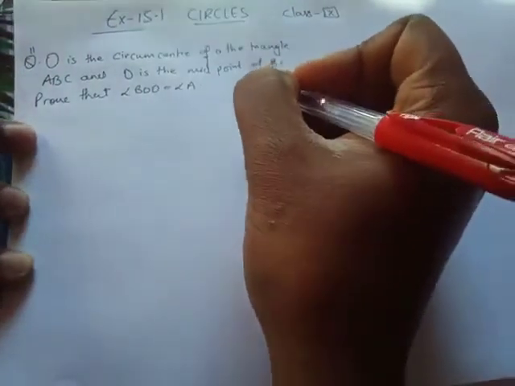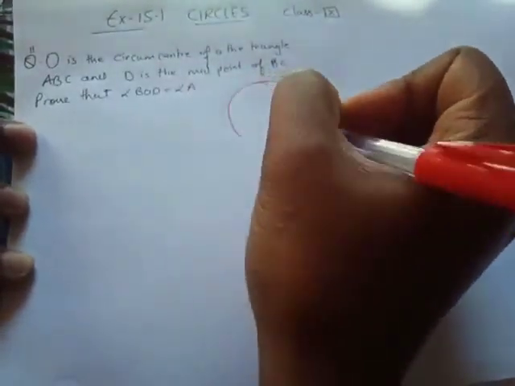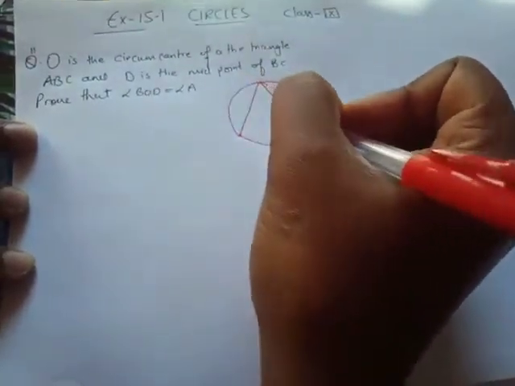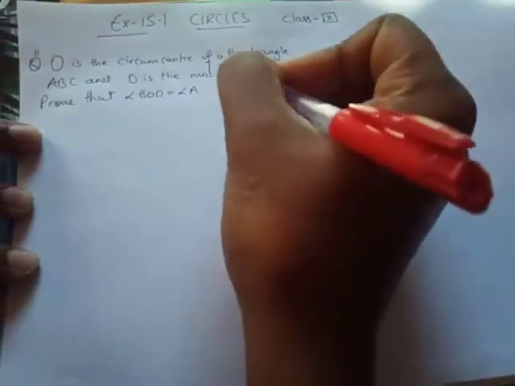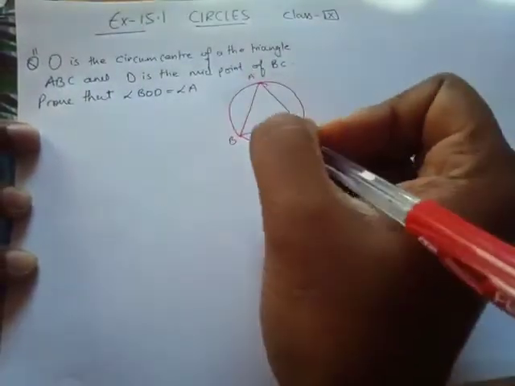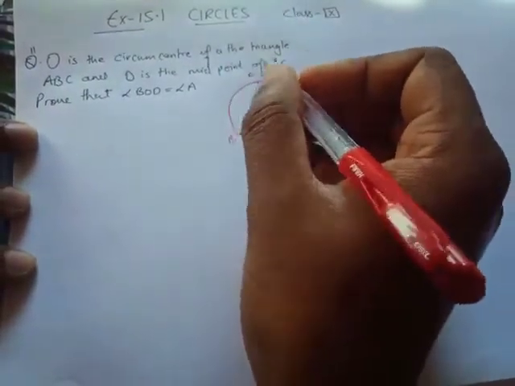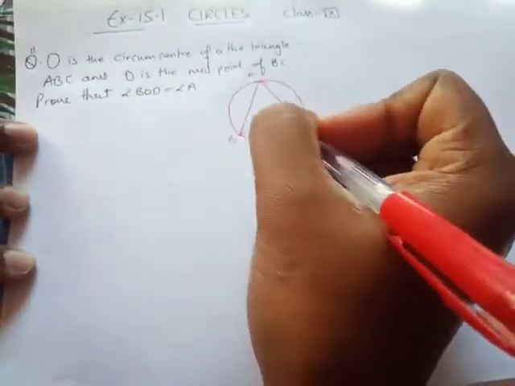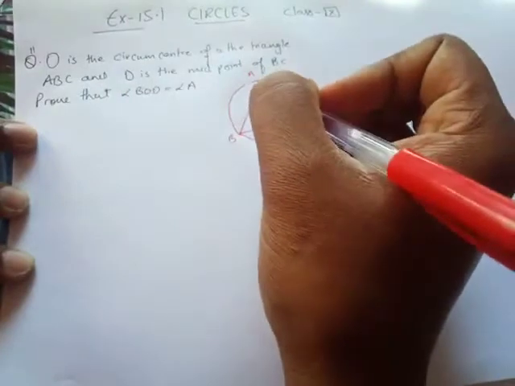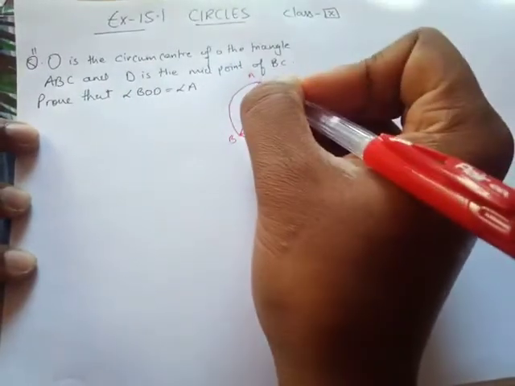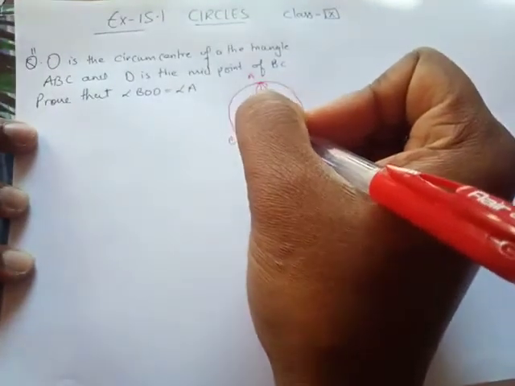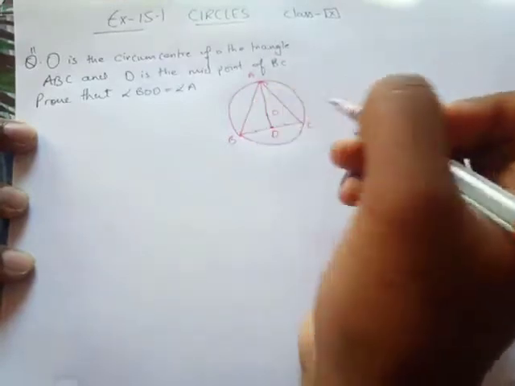How to draw a figure? There's a circle. Inside the circle, there is a triangle. The name of the triangle is ABC. D is the midpoint of BC, so this is equal to this. We know that. Okay, what else do we know? This is the center, and I'm putting this center as O. Now if I draw a line from here like that, it's going to go through the center.